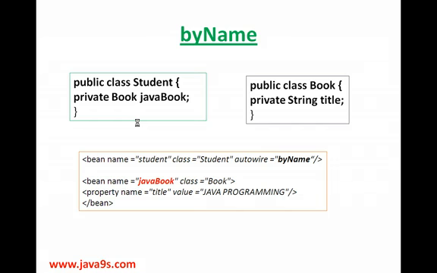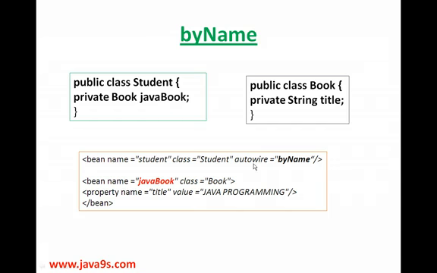Now, if you look at autowiring byName, with this kind of autowiring the Spring framework checks the property name and checks if there is any bean that has the same name, and tries to inject that bean into the target type. For example, in this class Student, I have a property of type Book with the name javaBook, and then I have configured this book as a bean here, something like this. You can see that I have given the name javaBook, which is the same as the property name here,